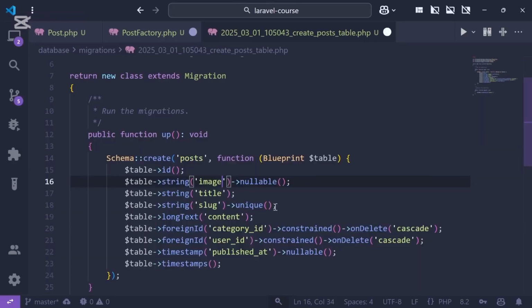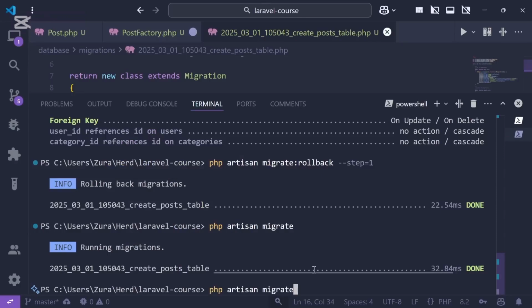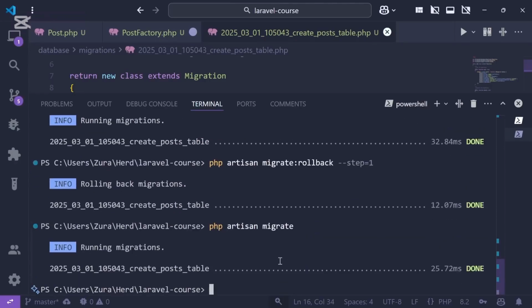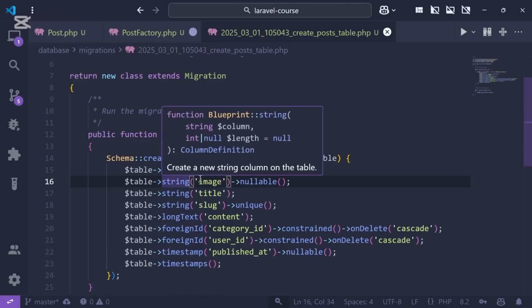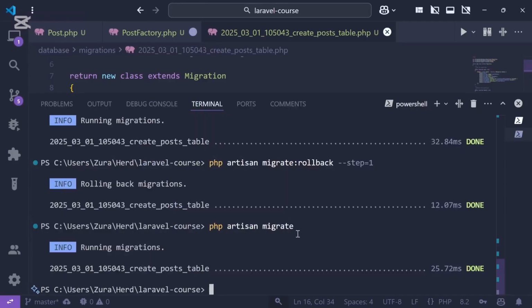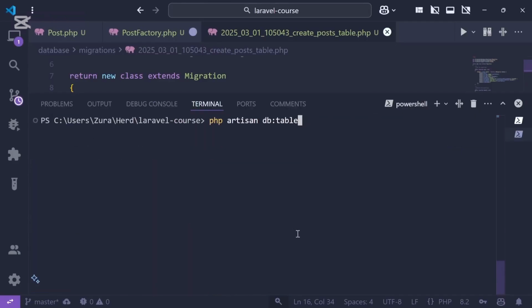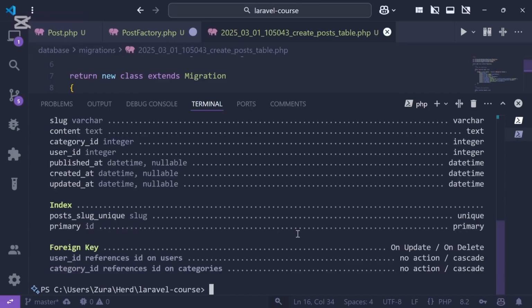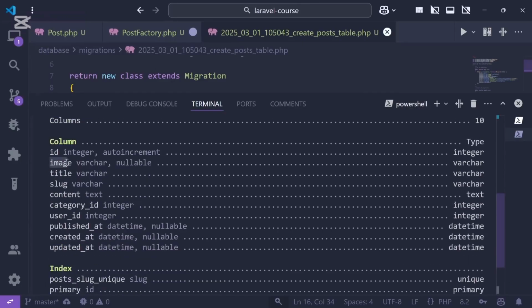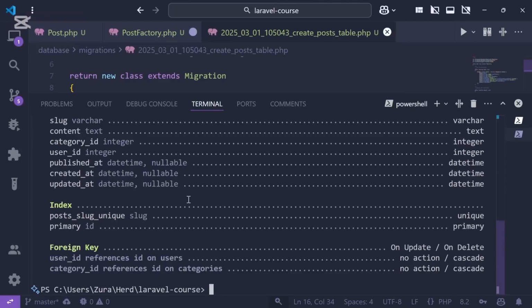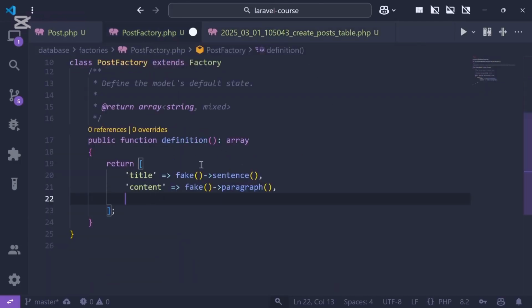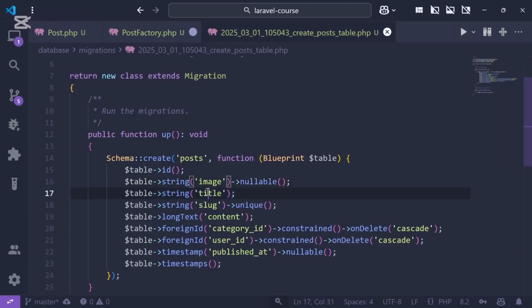Actually, we have to fix this. So we have to execute rollback again, and we have to execute migrate again, in which case the new table will have image, not images. Now, if we execute PHP artisan db:table and we provide main posts, we're going to see that the column name is actually called image, not images. That's pretty cool. Now let's get back to the factory, and right here we have to provide title, we have